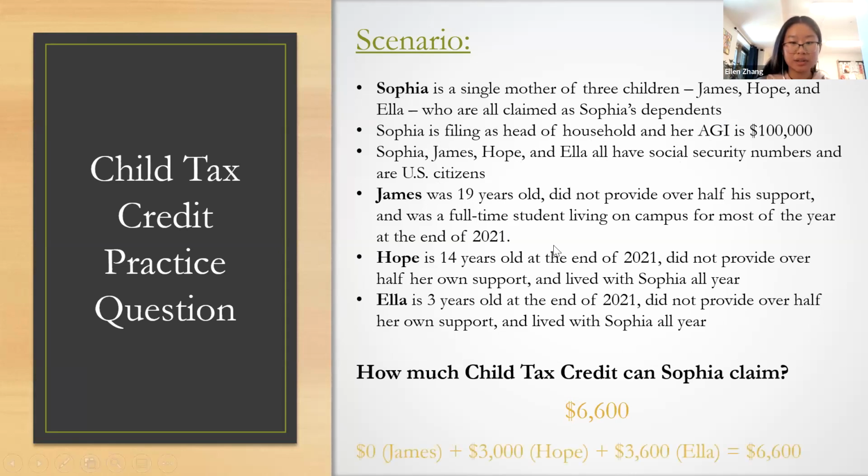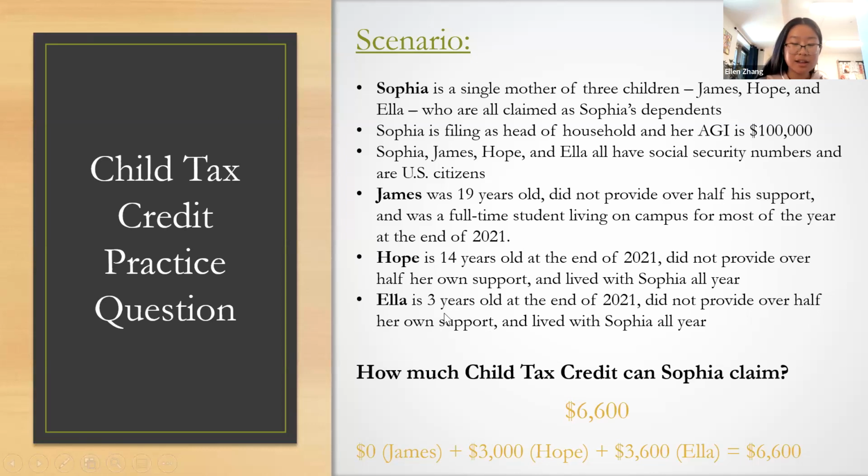Sophia cannot claim the child tax credit for James because he is over the age of 18. He is 19 years old. So no tax credit from James, but Hope is 14 years old and meets all the other requirements to be a qualifying child. So Hope falls in the 6 to 17-year-old bracket, which means that Sophia can claim $3,000 from